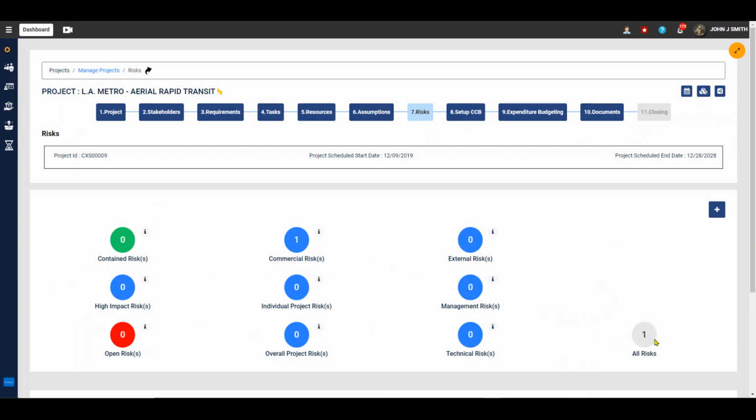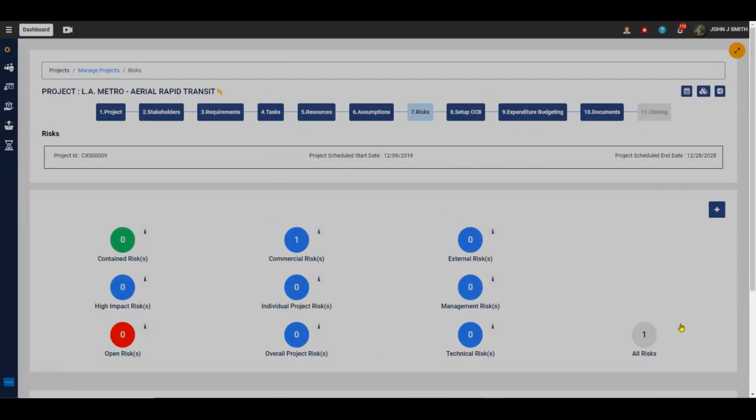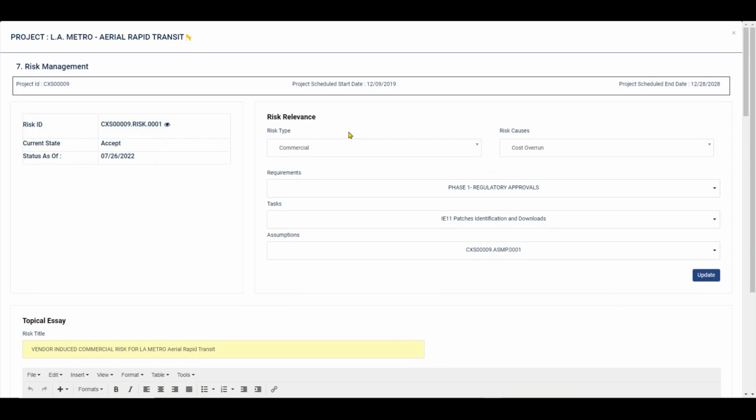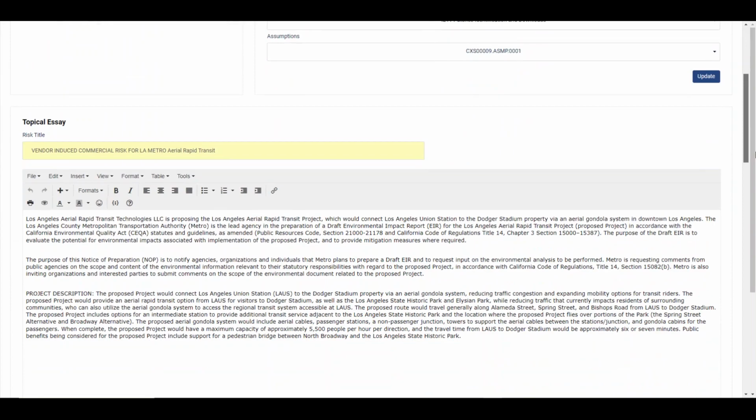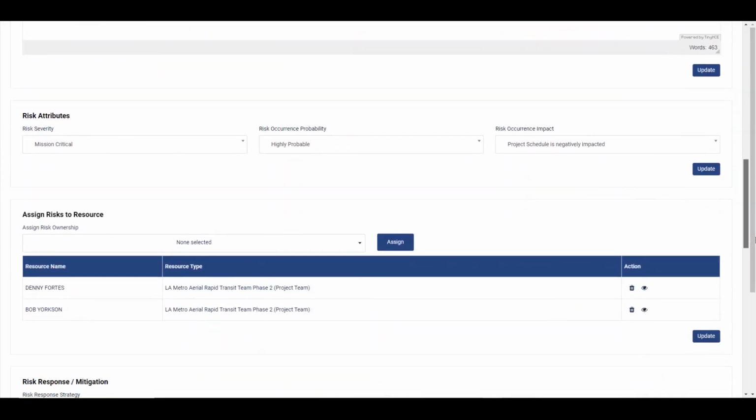You can record and categorize a variety of risks on this Project Cloud platform, such as commercial risks, contained risks, high-impact risks, open risks, industrial risks, overall project risks, external risks, and so on. All defined risks are available under the data grid shown below. To record a new risk, simply click the plus icon or click the pencil icon to edit or view existing